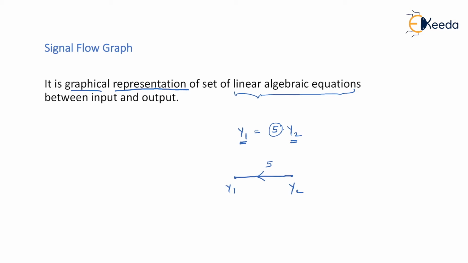Now what is going to happen? This is just a simple equation that I have converted into a graphical representation, so this cannot be exactly the signal flow graph. A signal flow graph in fact looks quite complex because it is not only about one equation. A set of equations is given to you and you have to convert it into a whole diagram, and that makes a signal flow graph. Let's take one question.